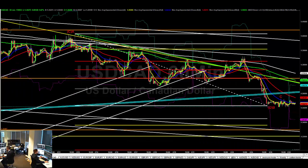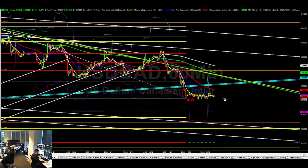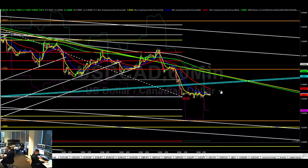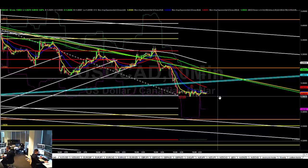Dollar CAD, let's have a look at that one. Dollar CAD again, well, it's just an indecision day. We kind of said it could be one on Friday, and it was an indecision day there. We've kind of gone sideways, so I was watching this quite carefully on Friday because I was short of this. I thought it was going to be a fast move. I still would think it's going to be a fast move if we get a break below 135, and likewise